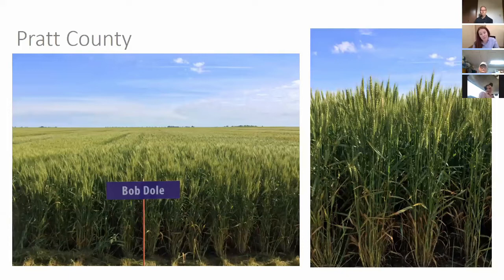One of the big things we're concerned about right now is Fusarium head blight, or head scab. In some parts of the state, especially southeast Kansas, we had very favorable conditions. And remember, for head scab, the window of a couple weeks right before flowering is most important for disease development. So rainfall during that period and mild conditions can really favor Fusarium head blight. We've already started to have some reports of head scab in southeast Kansas. So we're going to have to keep an eye out, especially in susceptible varieties, and make sure we're scouting for those